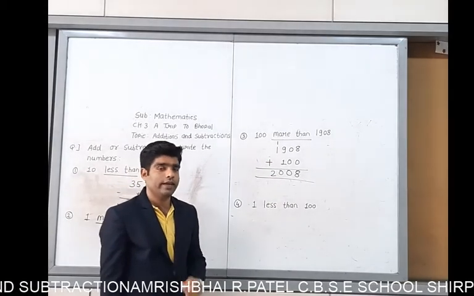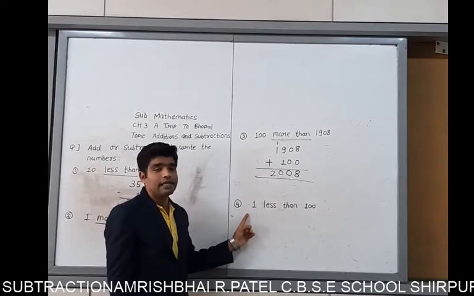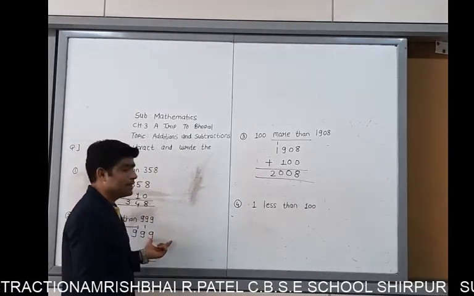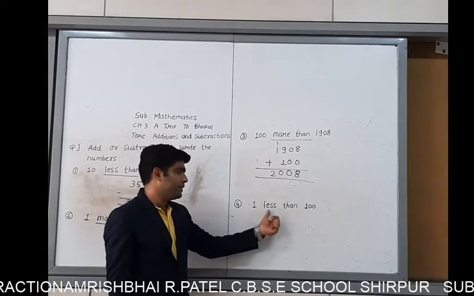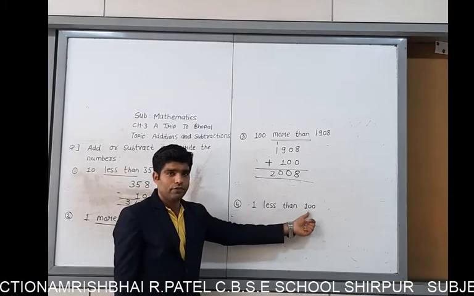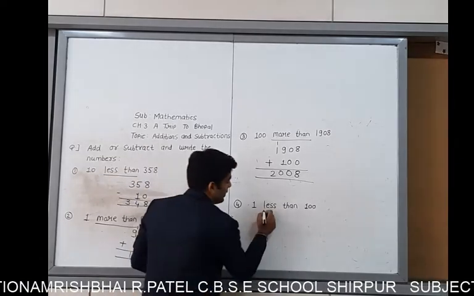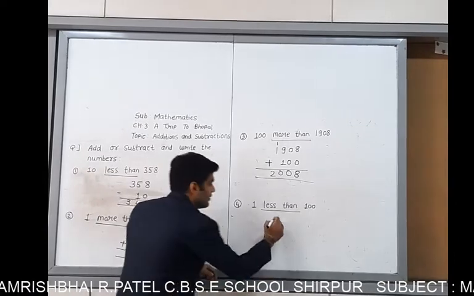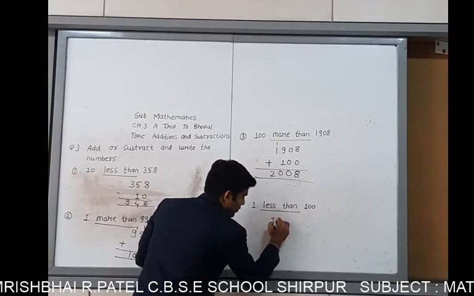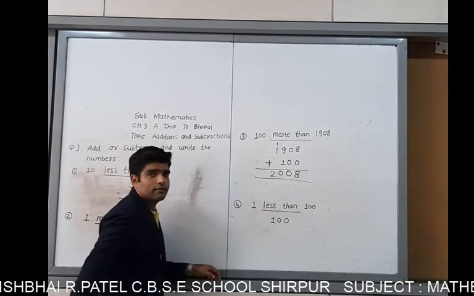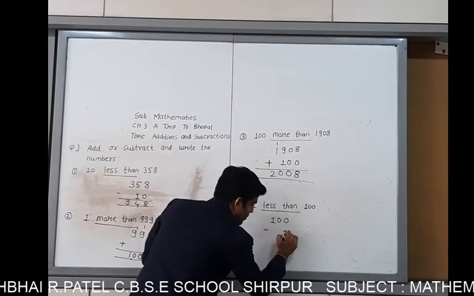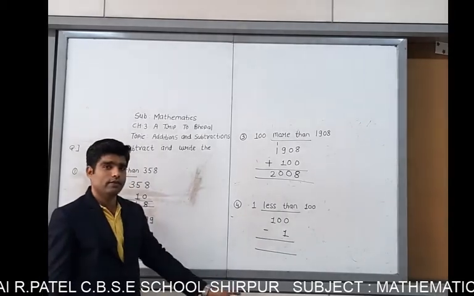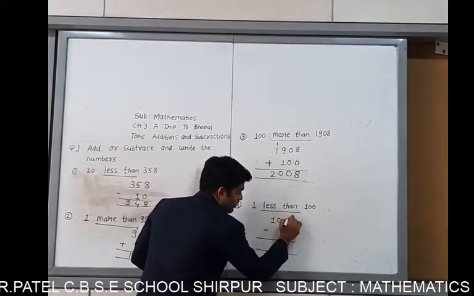2008. Start from the fourth example. This example is also similar to the previous example. 1 less than 100. Now we have to solve it. The meaning of less than is that we have to use the subtraction sign. It means that we have to write 100 minus 1. So simple question, then we have to solve it. 100 minus 1. This is